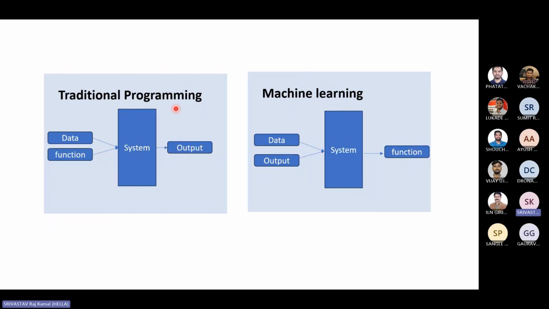So come to the traditional programming system. In a traditional programming system, you are creating some system, anything. You have the data, you know the function. Suppose I want to create a sine wave simulator. I am just taking a very simple example. As the name signifies, it gives you a sine wave. That's it, that's my application. Suppose in some happy world people pay me for creating a sine wave simulator. I know the function, which is a sine wave. I know the data could be anything which the user provides into the UI. I give them the output. That's something which already exists from the mathematical perspective. So that's traditional programming.